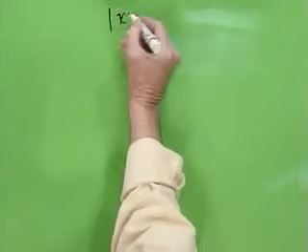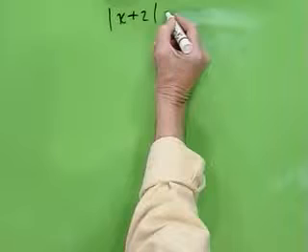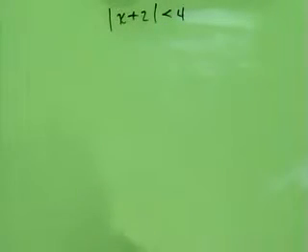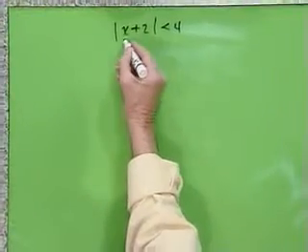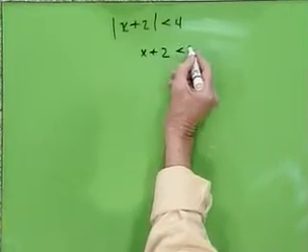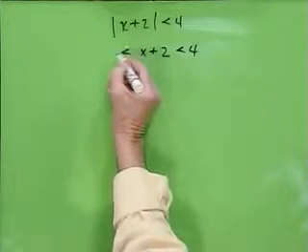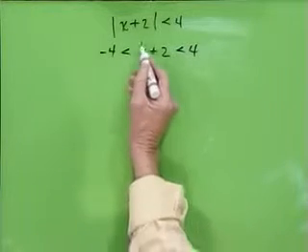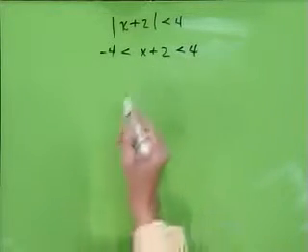These intervals. Suppose we have the absolute value of x plus 2 is less than 4. Now, the way we solve an inequality like this is to say that if the absolute value of the number inside, x plus 2, is smaller than 4, then that number is smaller than 4, but also bigger than negative 4. For example, x plus 2 couldn't be negative 5, because its absolute value would be 5 rather than smaller than